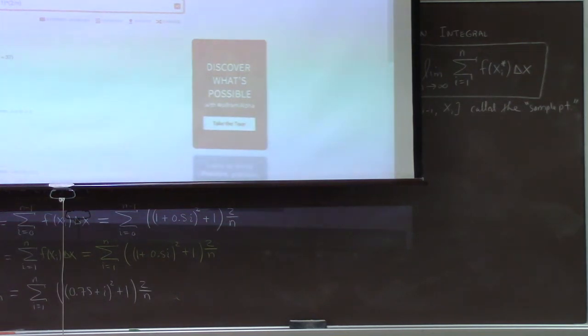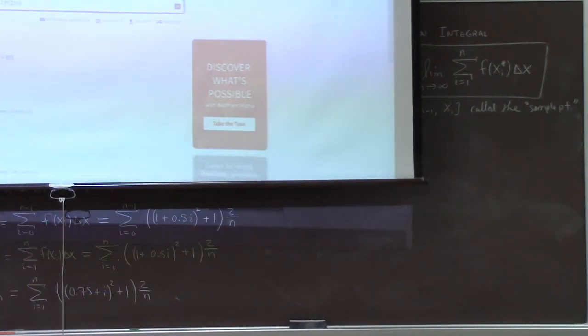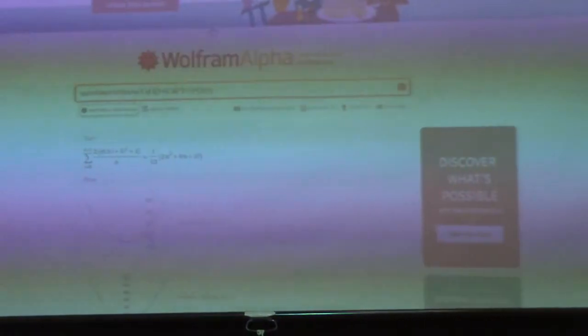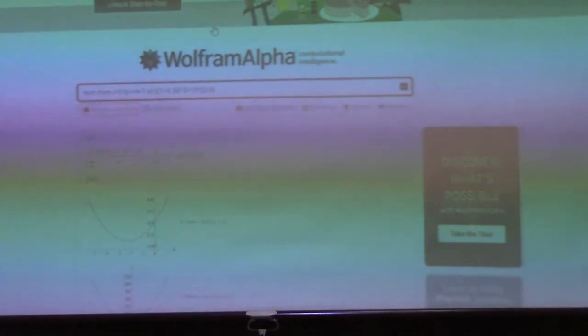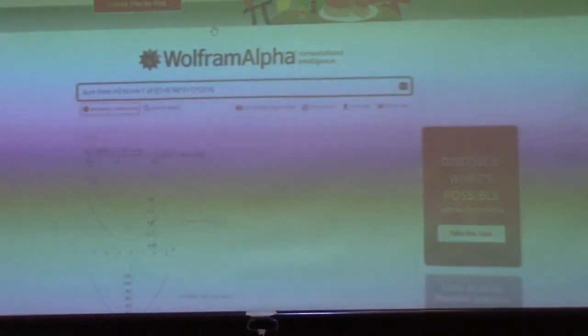So, see if I can make sure it's in the camera or not. Apparently you can actually calculate these things. Whoa. Here, I'll make it bigger in a second. So apparently,